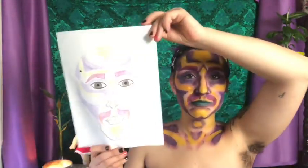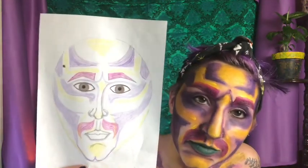For once, I think this looks better in person than it does on camera. Usually, it's the other way around. But it's annoying. Mascara, just a little bit, so I have eyelashes. There. You know,